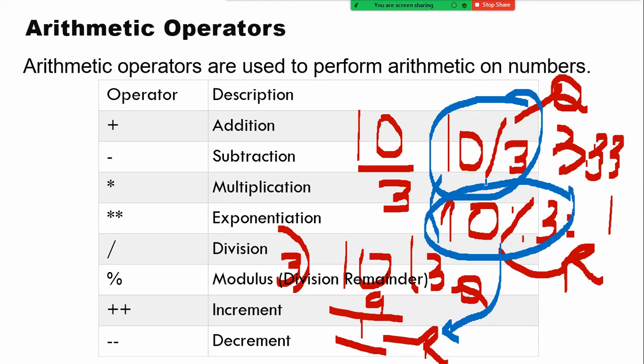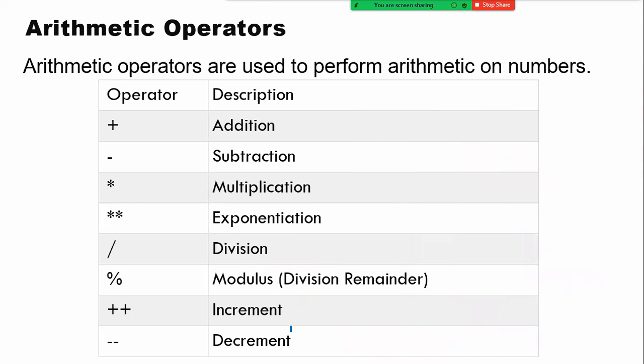This is something about your mathematical operators. In addition to these operators, we also have an operator called plus plus, which you call the increment operator. We also have the minus minus operator, which is called the decrement operator. What the plus plus operator does is add one value to the variable. When I'm using minus minus, one value is decreased from the variable.